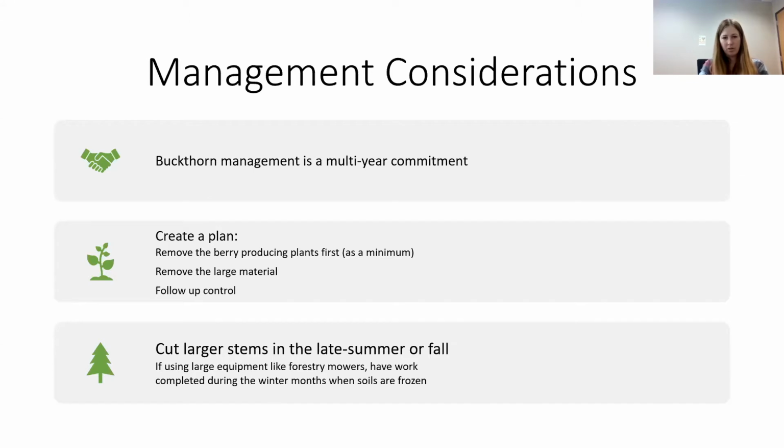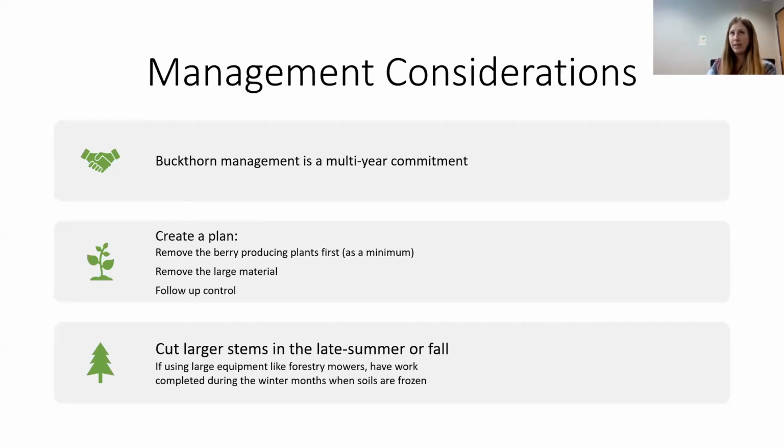I go over a few other ideas as I move through the presentation, but it is certainly a multi-year commitment, especially an organic site control, that we're going to want to follow through with year after year. So when creating a plan for removal, at a minimum, you're going to want to remove the berry producing plants as soon as you realize you have a problem.